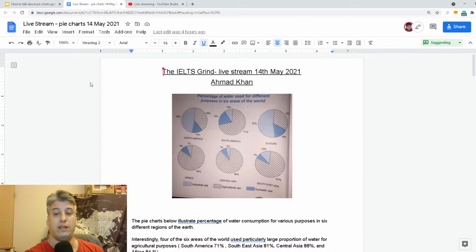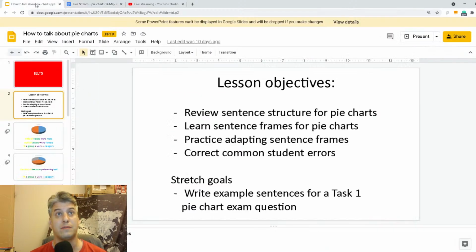So hopefully there aren't any issues with sound or picture. So what we're going to do is just jump into the first part. Okay, so